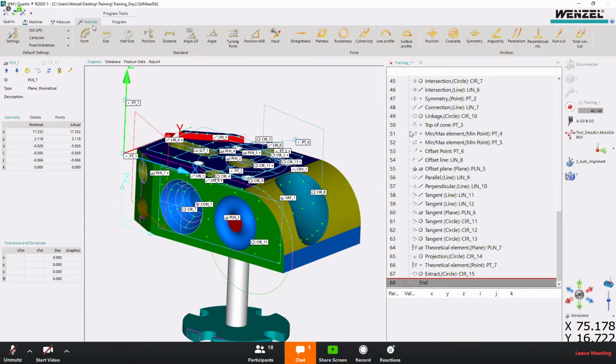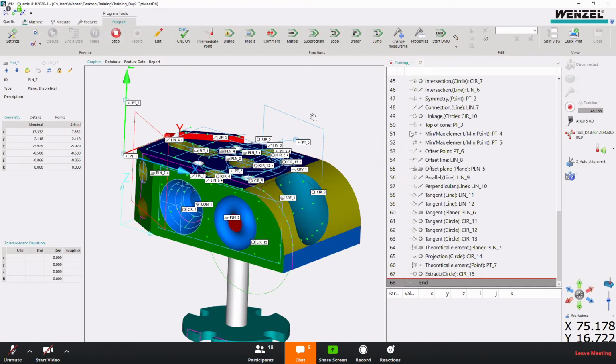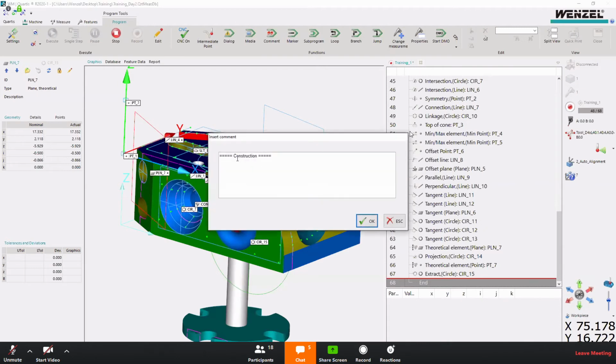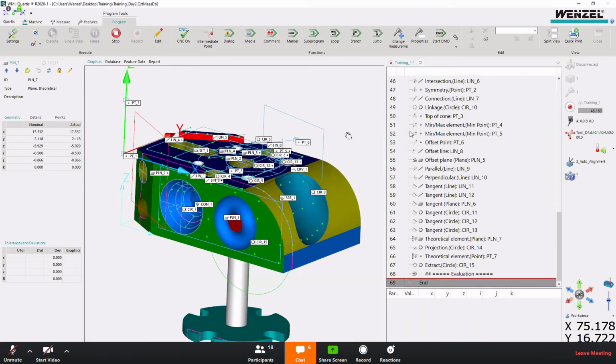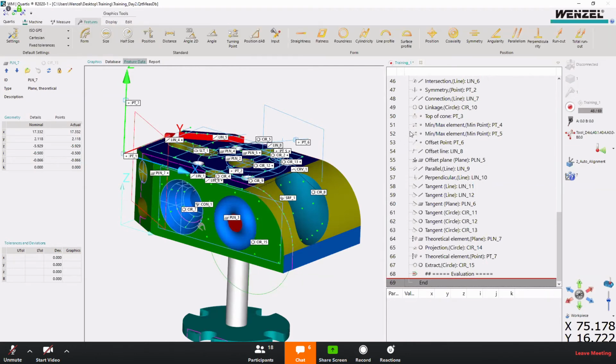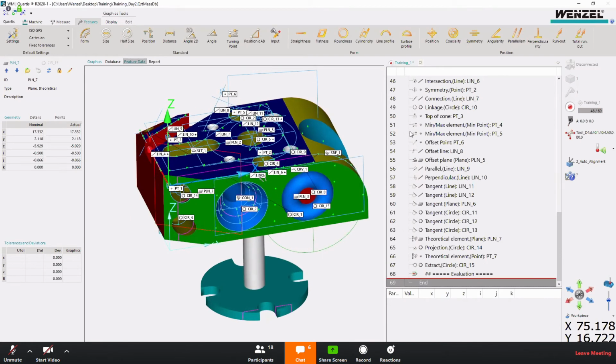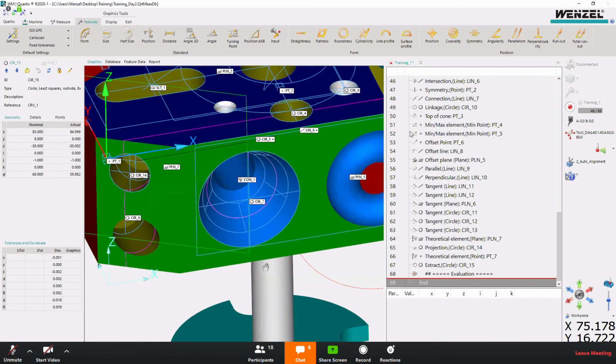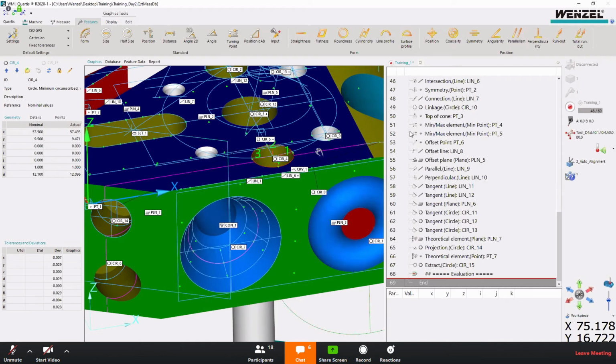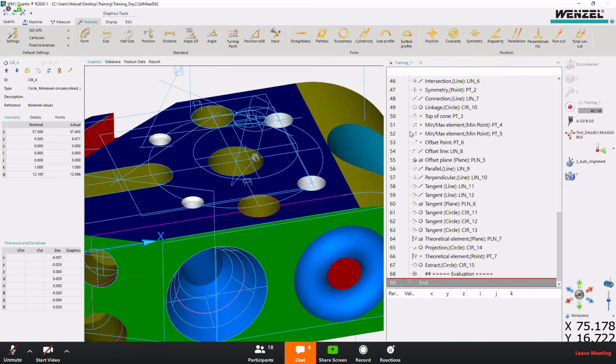So let me proceed to these features. I will talk about this or this. And then for myself, I will put a comment evaluations. So now we have a lot of elements right now. Okay, first is the use, maybe some circle for. Okay, before